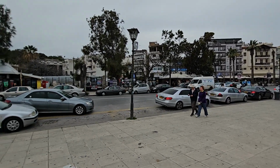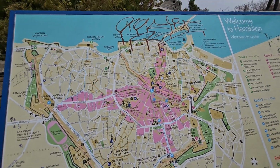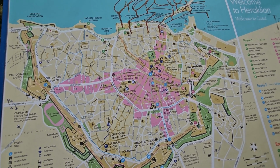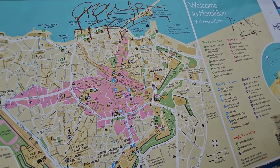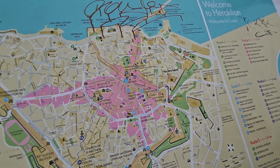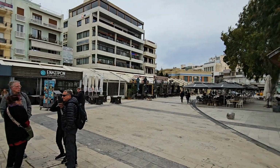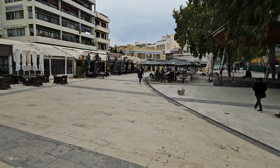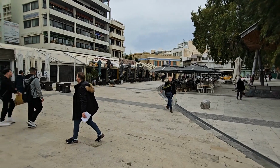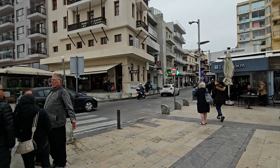So we're going to take a little bit of a walk around, see what we can find. Okay, so conveniently a nice little map that's made available to give you an idea of what's around the town of Heraklion, and a key on the right hand side there showing what's available. And there's a quaint little square over here with a few restaurants and cafes. I'm sure it'll be lovely later on in the season, but of course it's early season here at the moment, so not everything is open,